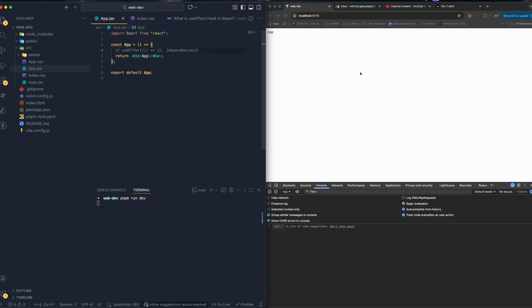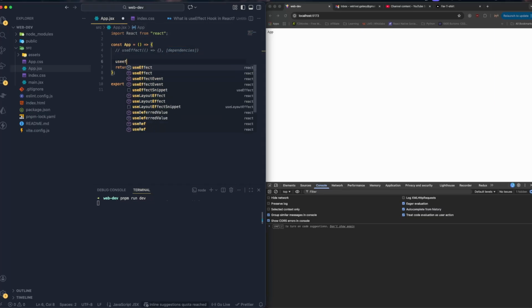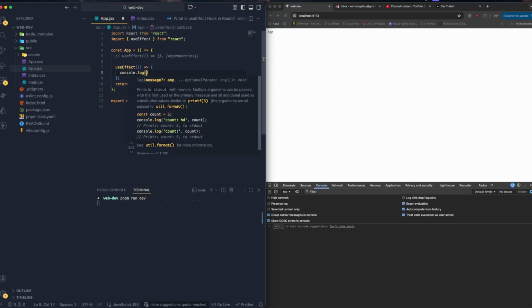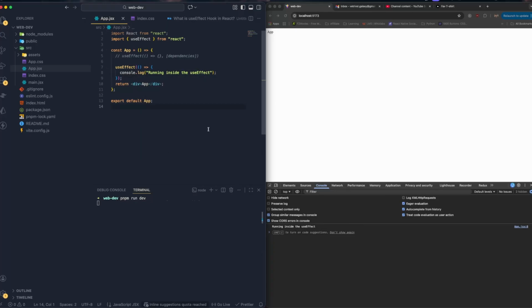So first of all, let's run this application. useEffect, let me import that. Please make sure the package is imported from React, and let's bring the arrow function. And this time I'm not supplying any array dependencies, right? Without array dependencies, if I run this application, let's say console.log "running inside the useEffect", something like this. Okay, if I save this application and refresh this, you should be able to see